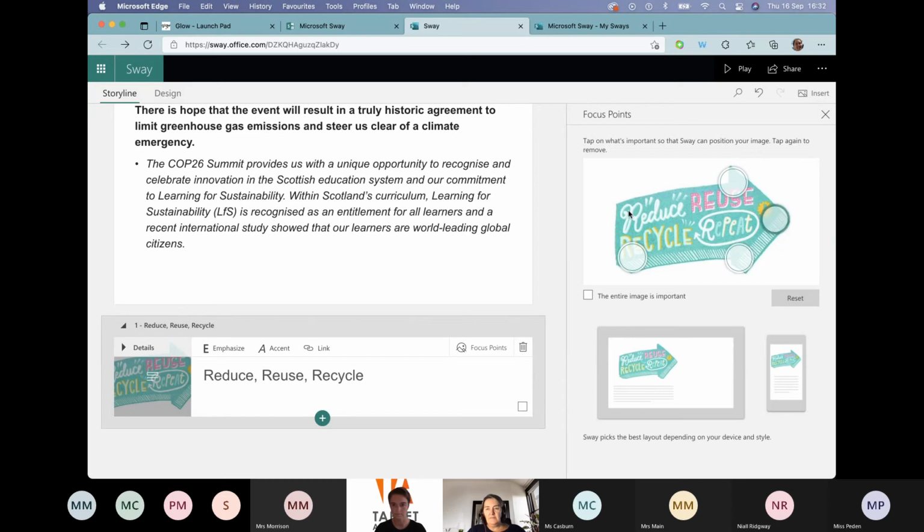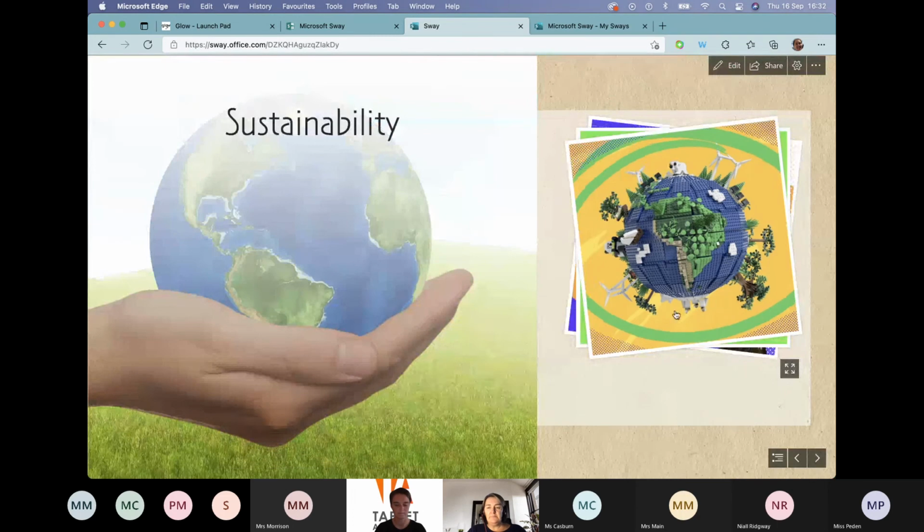Oh, there we go. Let me go there. Fantastic. And then it gives you a little preview of what that includes in that picture. So it won't include all of the white space around it, but it'll show you what it looks like on devices. So Sway picks the best layout depending on your device and style. So it doesn't matter what device the recipient or the audience is looking at this Sway on, it's always going to look pretty good. So if I show you now and play it,